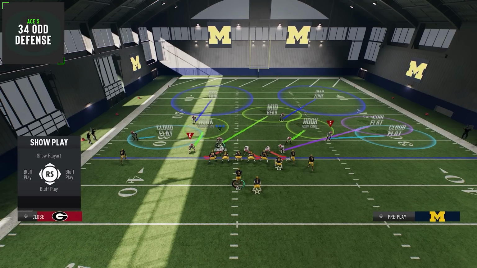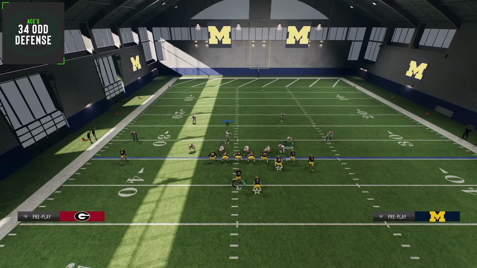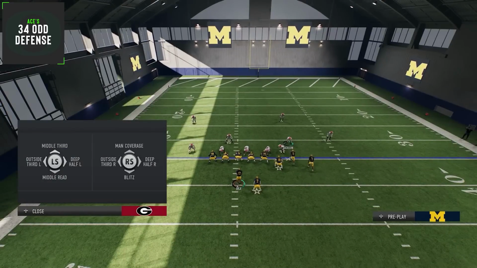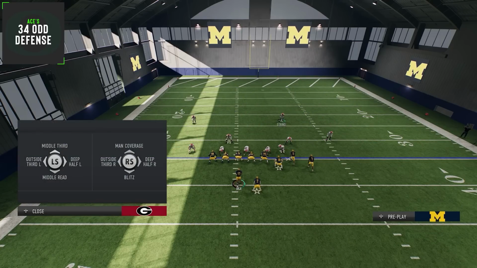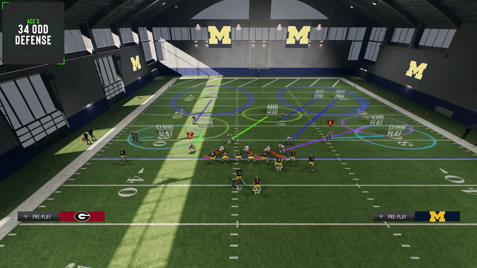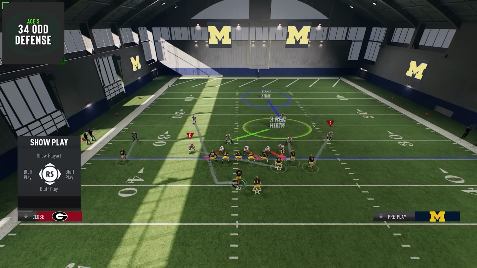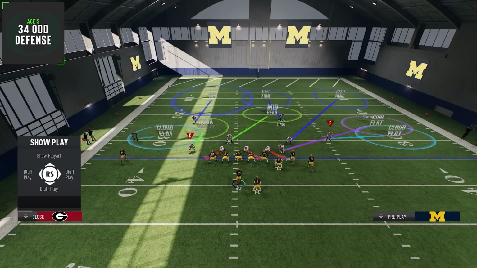So what we're going to do is put this guy here, the slot cornerback, into an outside third to the right, so right stick to the left. That is going to put him in this third that really, really protects the sideline. And then you could put this safety here on the same side into a middle third by either clicking onto him or doing double triangle twice, and then left stick up for middle third. And now we're playing kind of this cover 3 cloud of sorts,